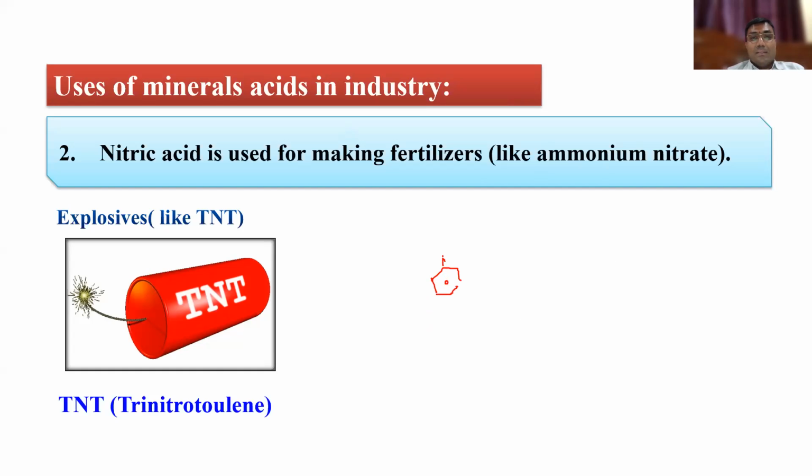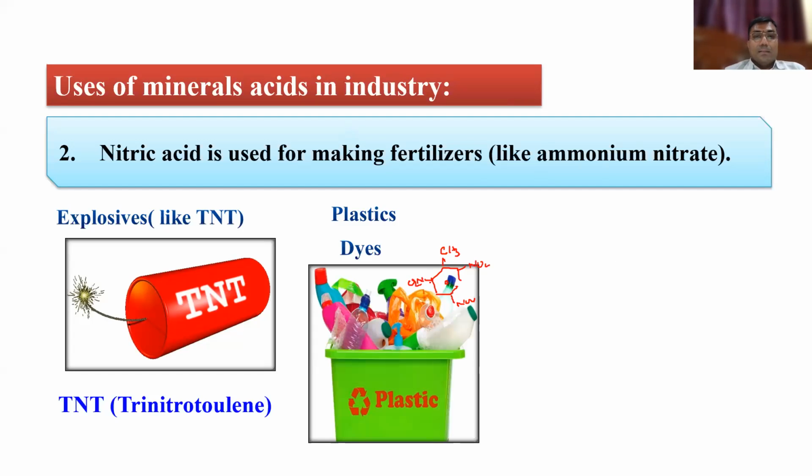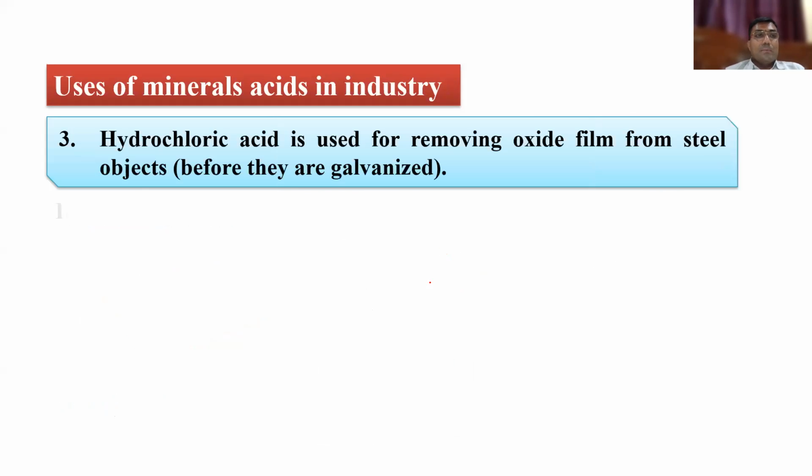This is toluene. If you have a CH3 group on the benzene ring, it is toluene. This is an NO2 group. One nitro, dinitro, and trinitrotoluene. This is very explosive, okay? Trinitrotoluene. So you can use it in plastics, right? So plastic manufacturing. So these are some of the uses.